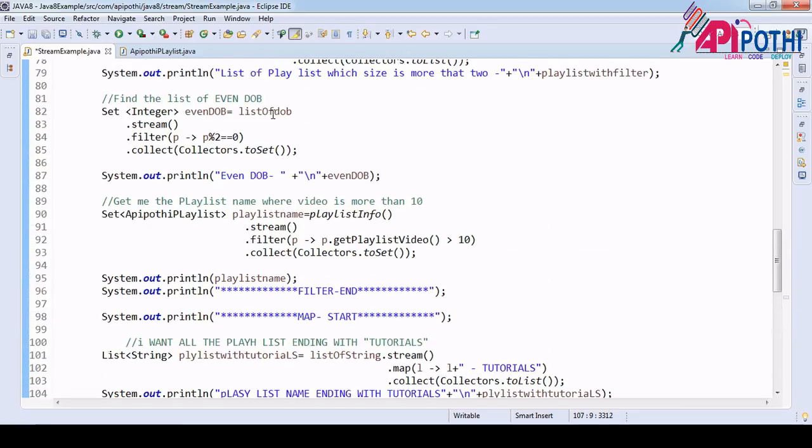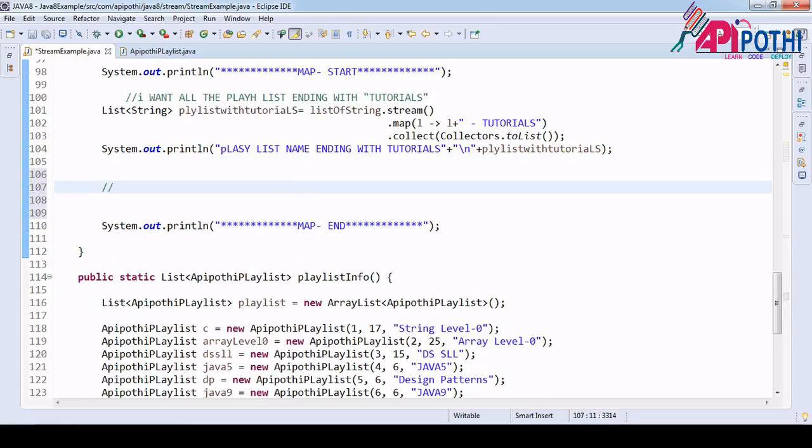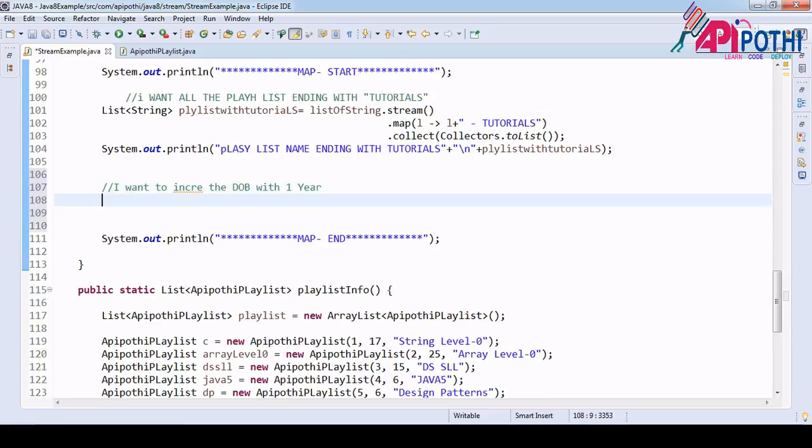Now we want to do a list of integer types. Here we will have the date of birth. Now my business operation is that I want to increase the date of birth by 1 year, right? So I am not interested in filtering. I want to increase all the dates of birth available inside this object by 1. That's all.